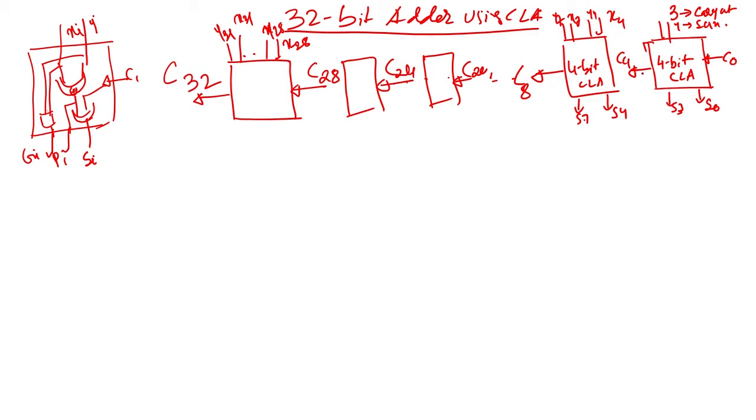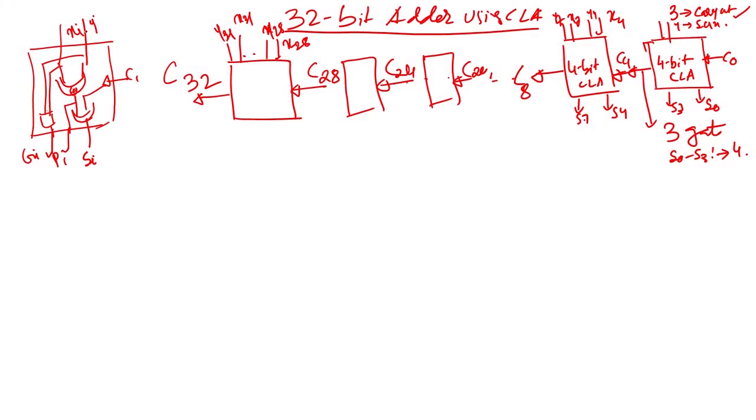So, C4 will have a gate delay of 3, as we know, and here S0 to S3 will suffer 4 gate delay. Now, after giving input there is also CLA. Ideally it should take 3 gate delay, but if you remember the basic circuit here, after giving all the input, GI PI is automatically generated.